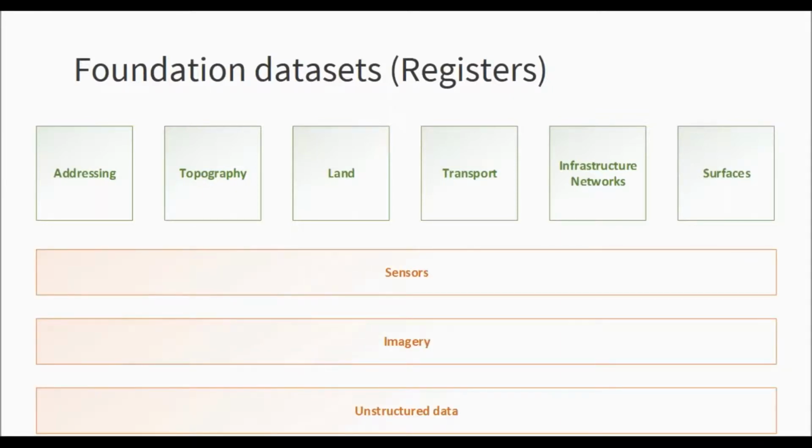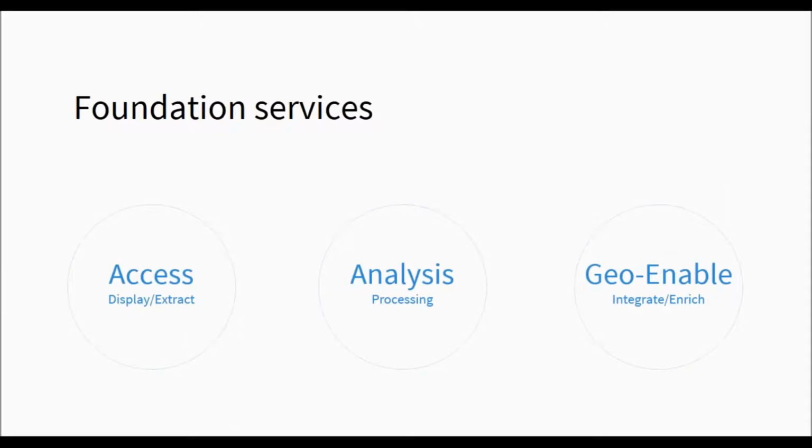But in addition to these registers, we are increasingly dealing with other types of data that is a lot less structured than these registers. That's data coming in from a whole host of sensors, imagery data, as well as other unstructured, semi-structured data that's published. And one of the challenges for the future, for both the data and the data standards and services and the service standards, is to link up the green bits you see here with the red bits on the bottom.